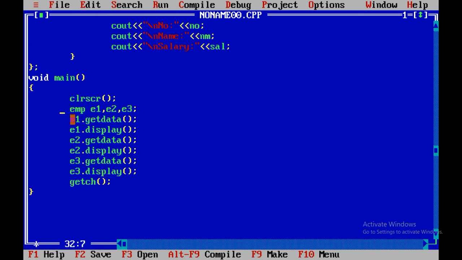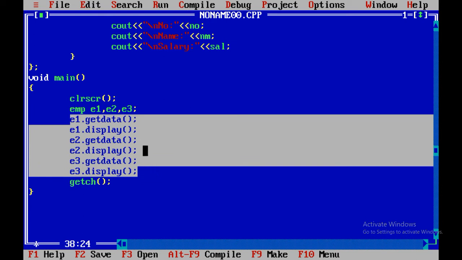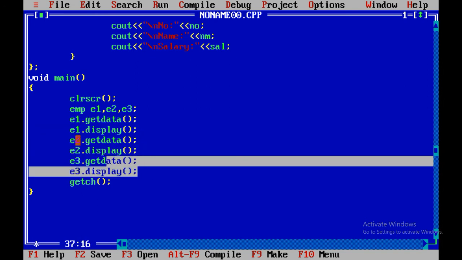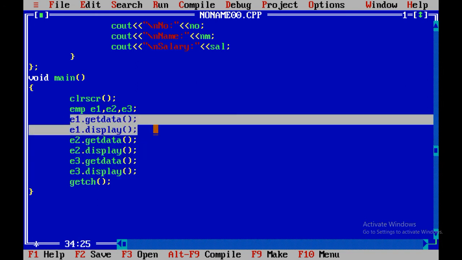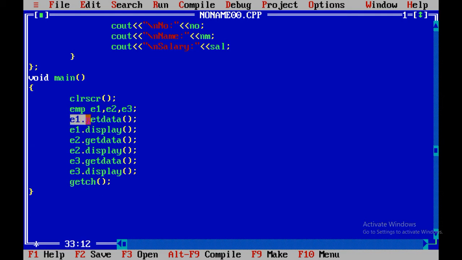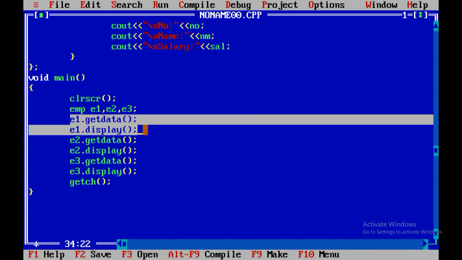But what is the disadvantage of creating objects in this way? The memory allocation for each object is different in such cases. Why? Because the location, or we can say the address, of e1 would be different.